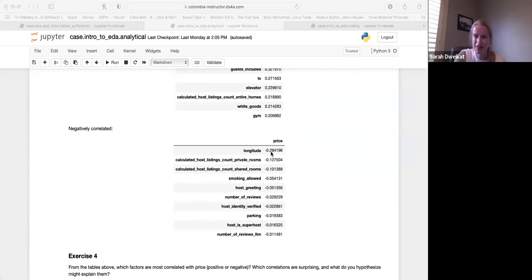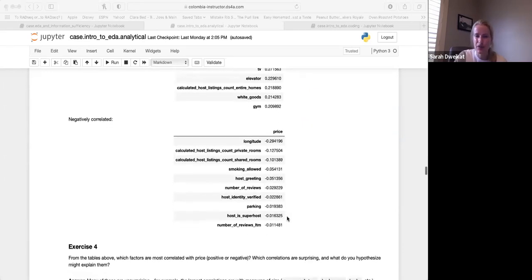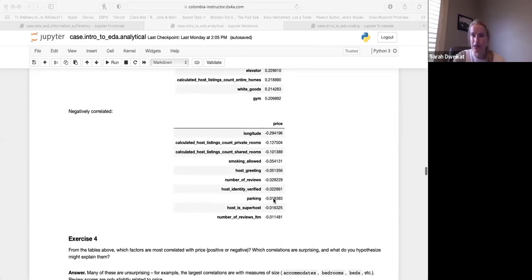Longitude with price seems to be a slightly negative correlation. So maybe this hints at location being something we should look into. Longitude is really vague, and we aren't necessarily sure what the relationship will be here, but we should explore it further. Something else that seems kind of odd is parking. Someone in the live chat had mentioned parking before. This number implies no relationship between parking and price, and if anything a tiny bit of a negative relationship, but it is a very close number to 0. That seems kind of odd, doesn't it?